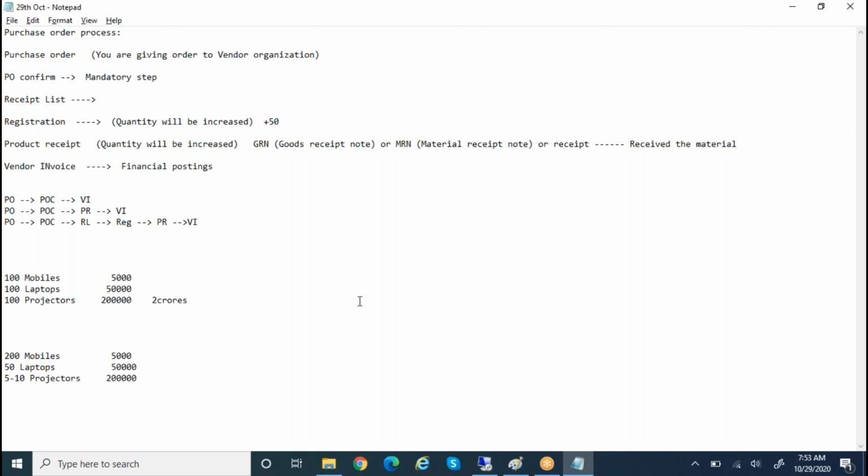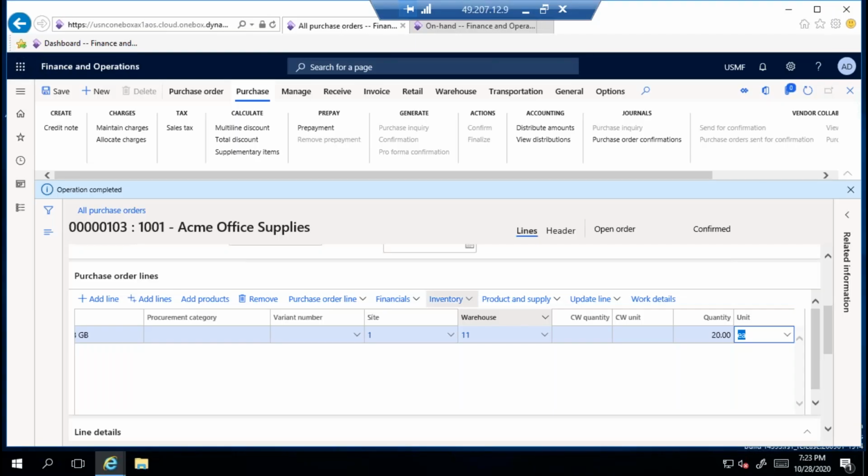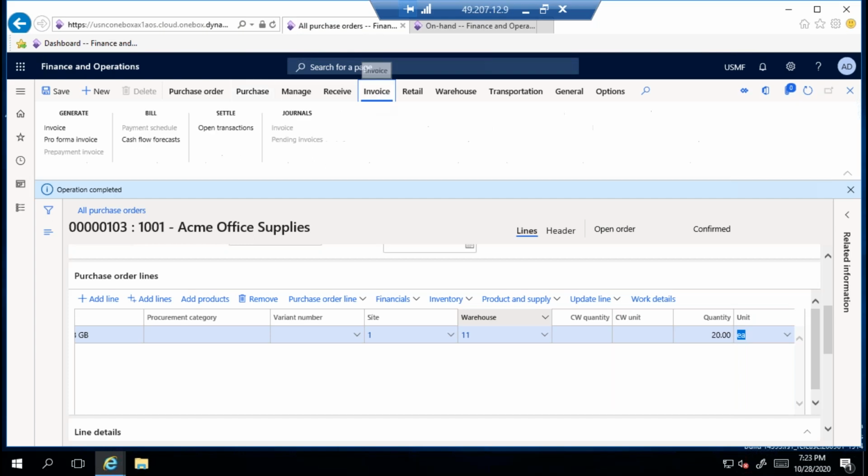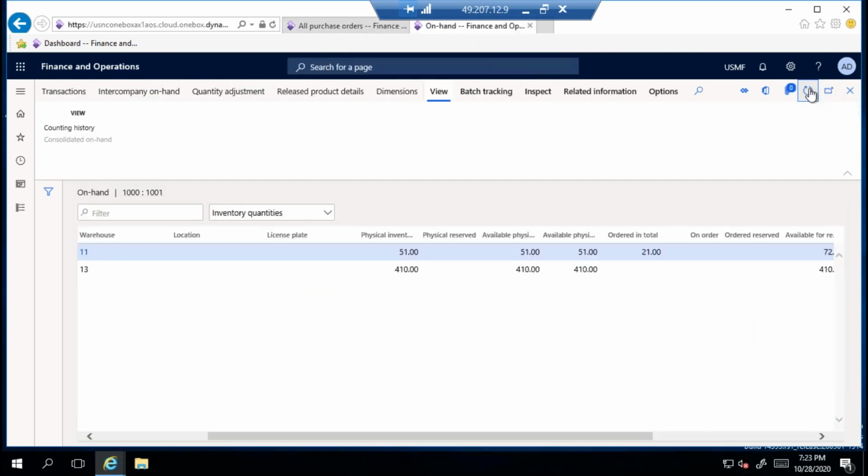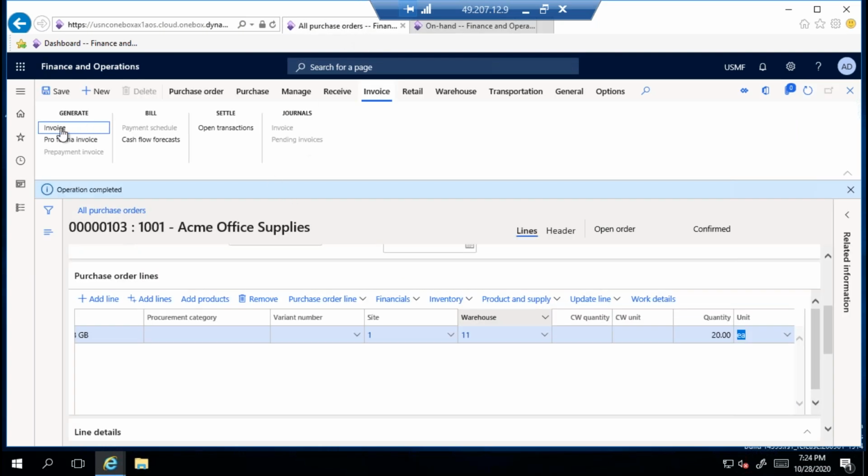After confirmation, I'm doing invoice. What happens? Let us see. I'm doing invoice directly. It is confirmed. After confirmation, if I verify, there is no change in the inventory status. Stock is 51 only, and this is 21 only. Now I'm doing vendor invoice directly.